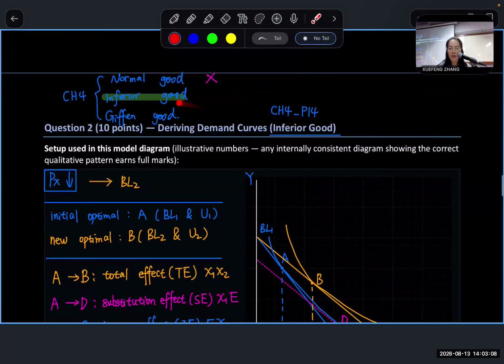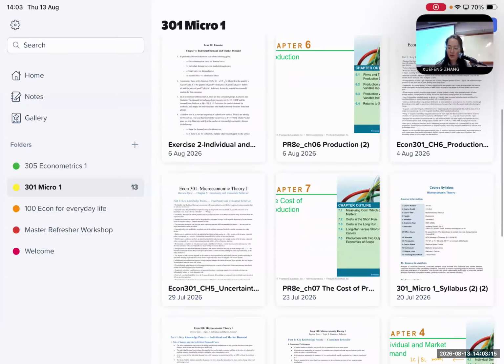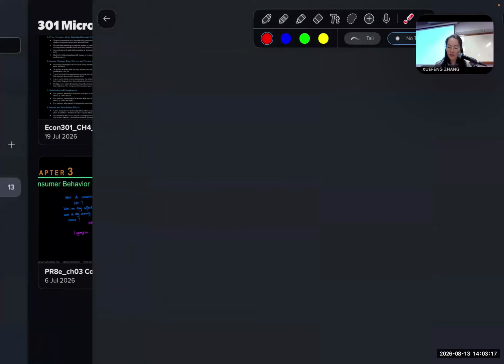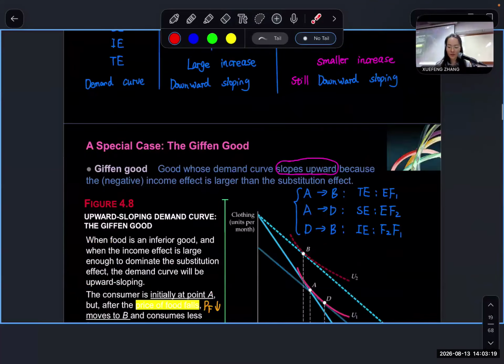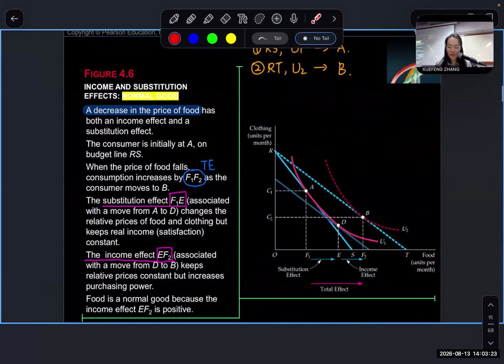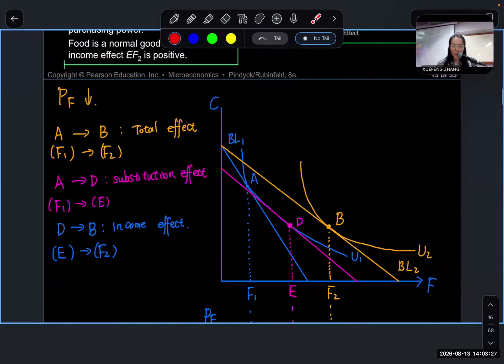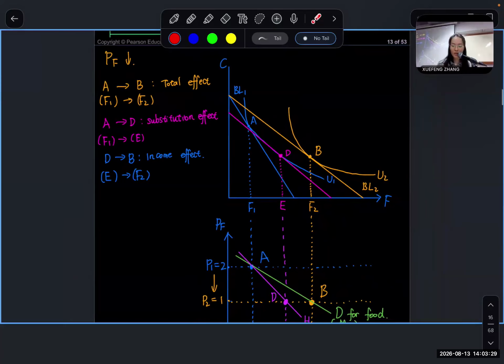Okay, so this one is inferior good. Let me show you where is Giffen good. Chapter 4. Chapter 4 here. Right here. Okay, let me show you. This one is normal good. This one is normal good. Okay, this is normal good. You see,